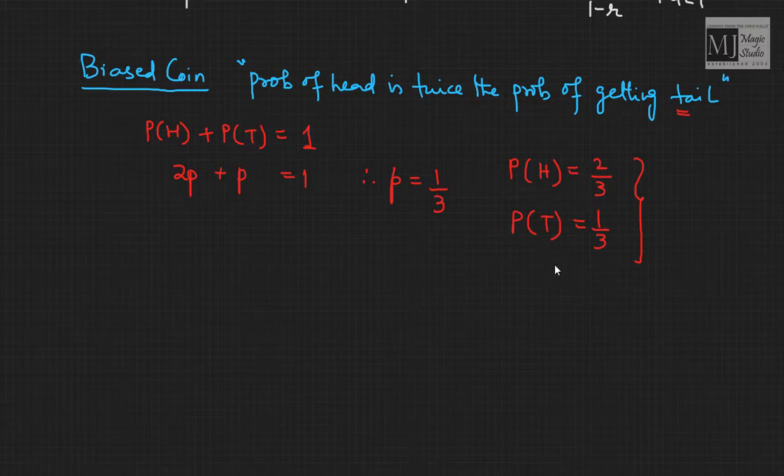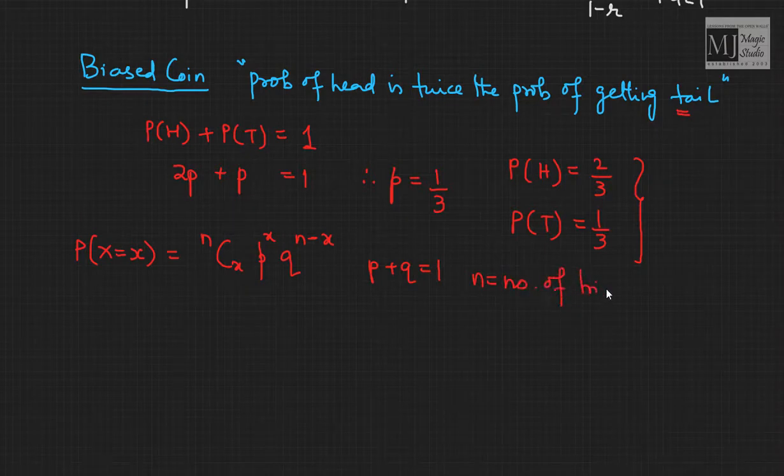If head and tail probability is not same, that means if it is a biased coin, हमने जो फॉर्मूला सेट किया था, ठीक, वो अब दूसरे हिसाब से सेट करना पड़ेगा. Again I will be using binomial theorem, binomial distribution itself. यहाँ पर probability that x will take a small value x is given by nCx p to the power x q to the power n minus x, where p plus q is equal to 1. N equals number of trials, independent trials. Fine. P equals probability of success of X, capital X.